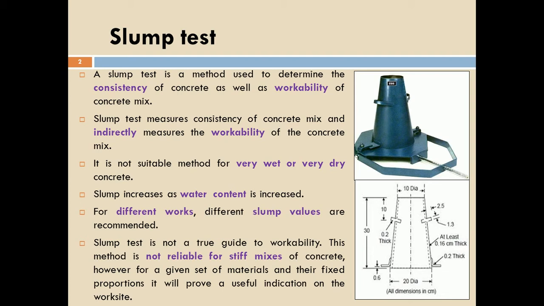To measure the slump, we have a slump cone, which you can see in the picture. It is the slump cone, or we also call it Abraham's cone, whose top diameter is 10 centimeter or 100 mm, the bottom is 20 centimeter, and the height is 30 centimeter. Okay, so that is the dimension of a slump cone. You also have a base plate, which helps to keep the slump cone, and a tamping rod. These are the instruments necessary to do the slump test.